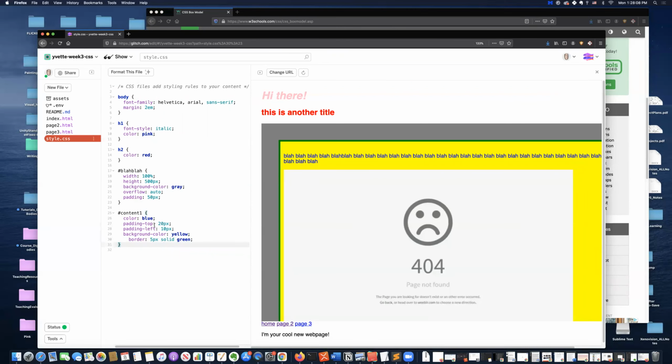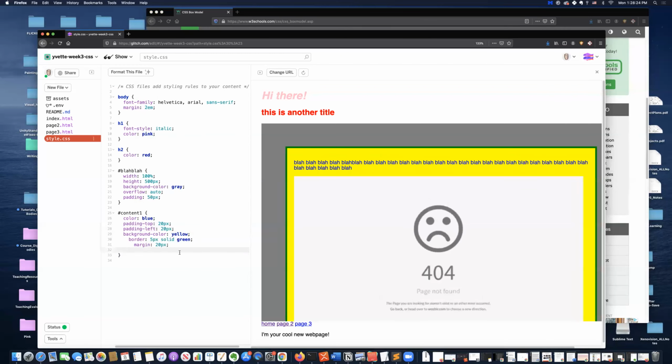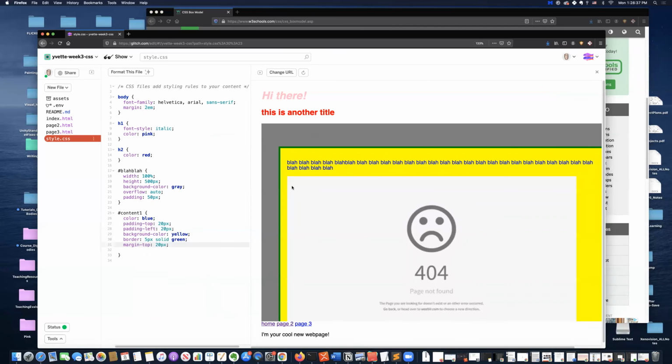If I added in the padding and made that 20, it's the yellow space here that increases. But if I wanted to move this whole box over from the left here, that's what the margin is. So the margin is moving it over even more. And that's similar to padding, where I can just do the margin top and it'll bring it just down. Or I can also add margin left and bring it over 100 pixels, and we'll shift it all right